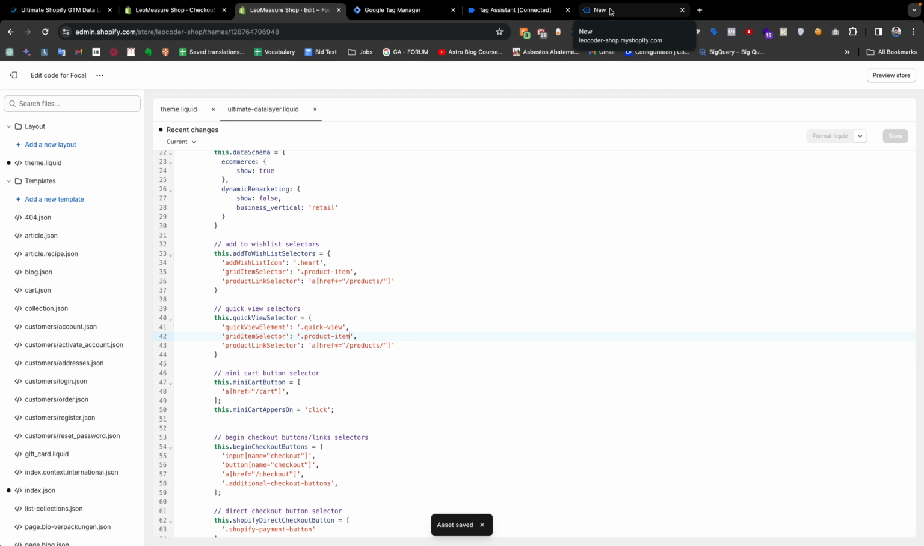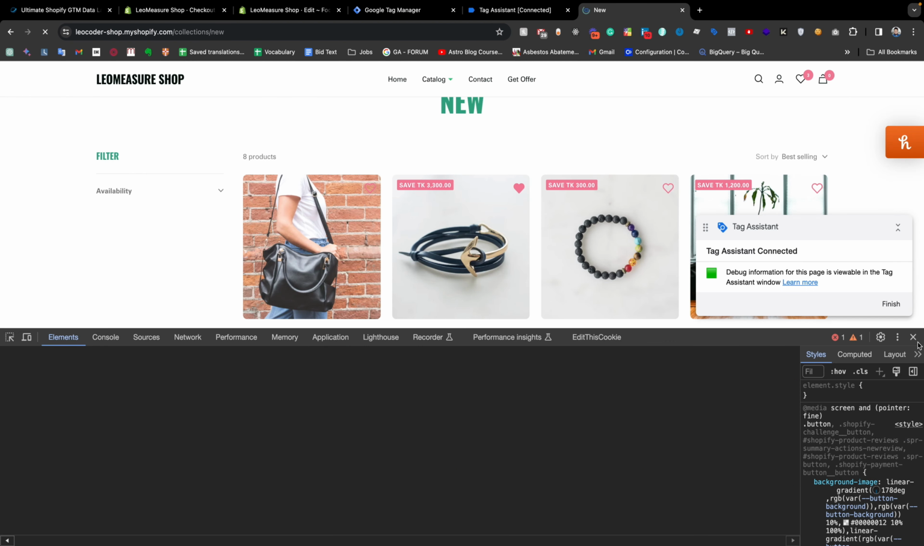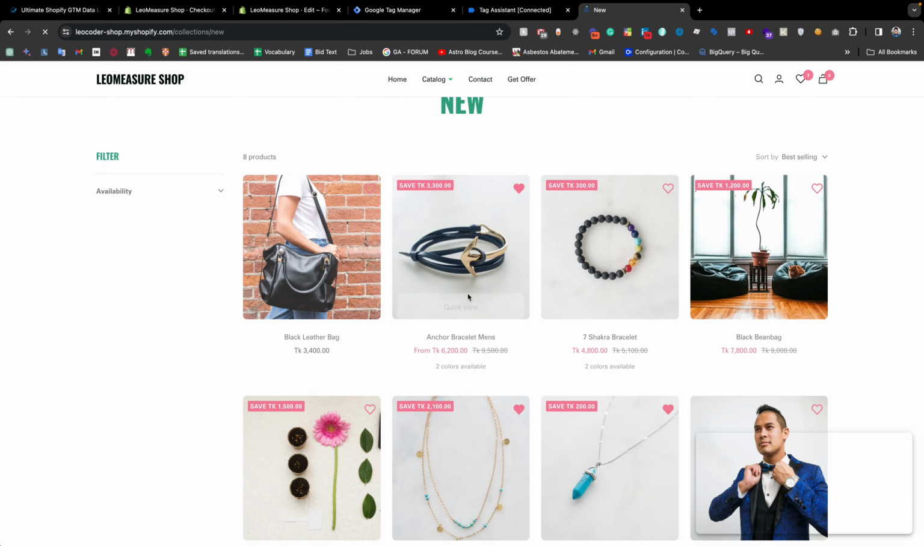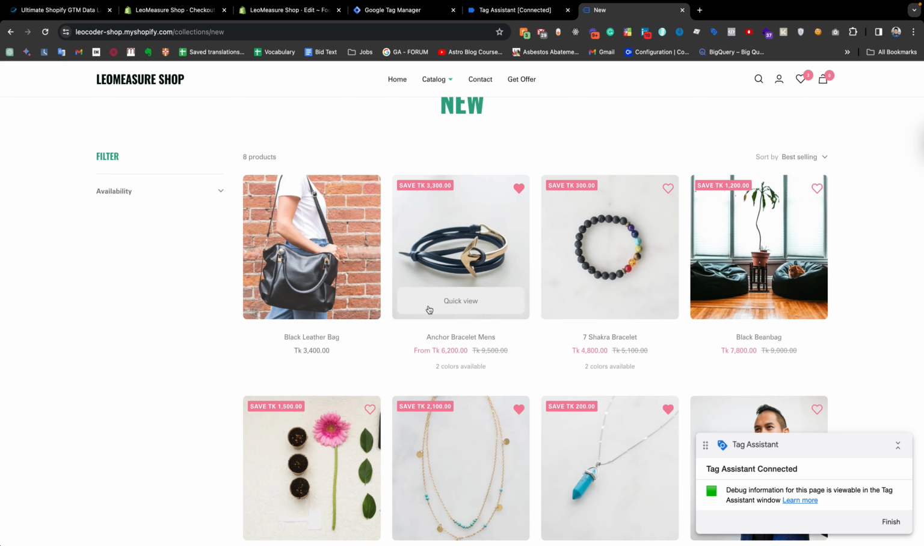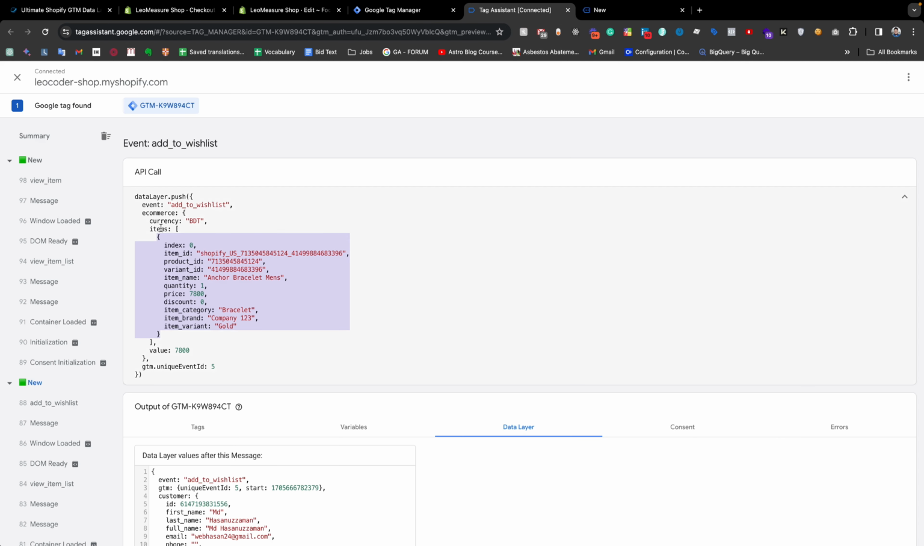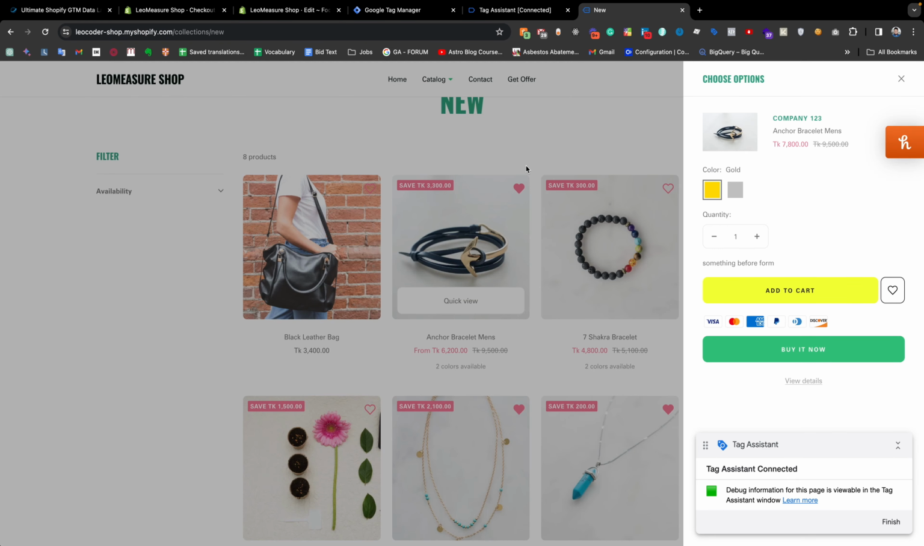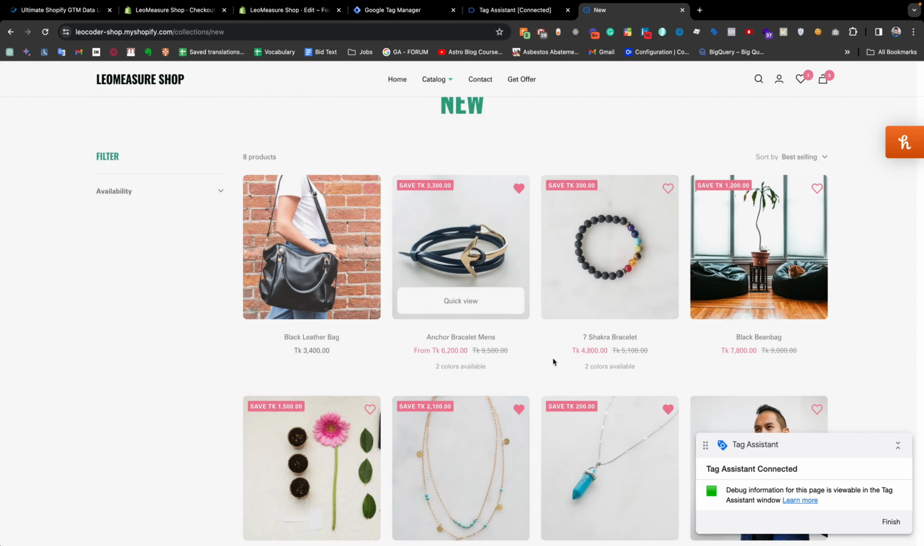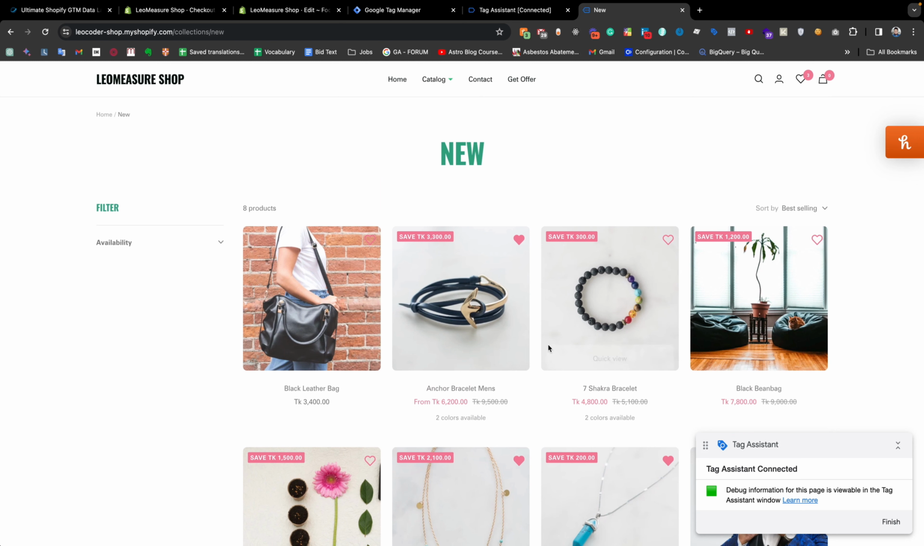And right now if I give another refresh here, you see that if I click a quick view here and I am expecting view item, you see that I am getting the view item also for the quick view. And I think this is logical because quick view is a kind of view item. Although the customer is not directly going to the single product page, anyway this should work